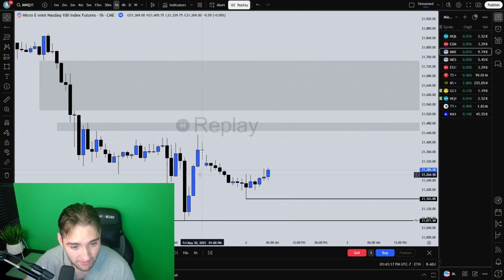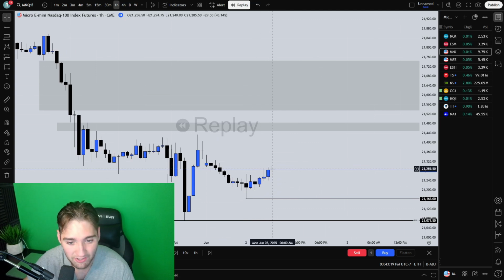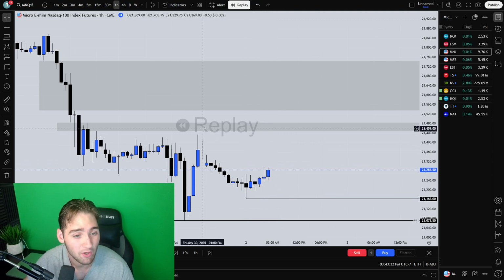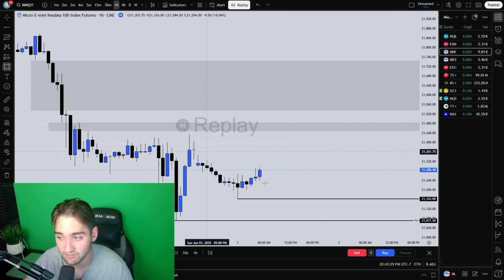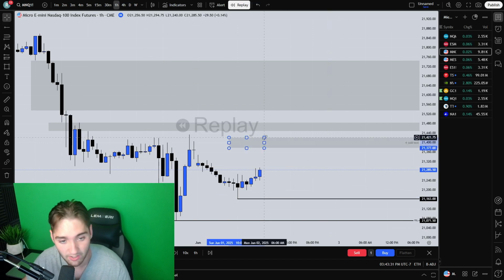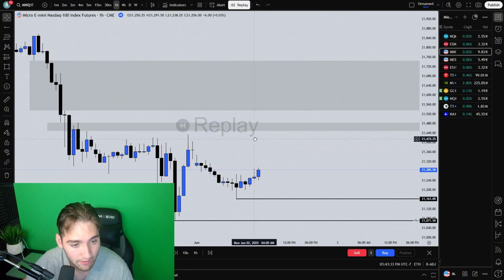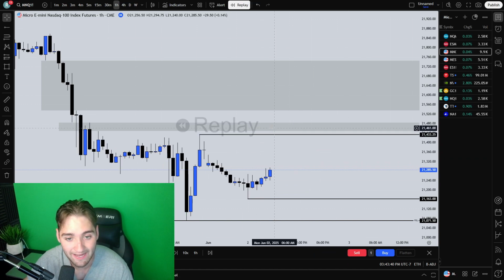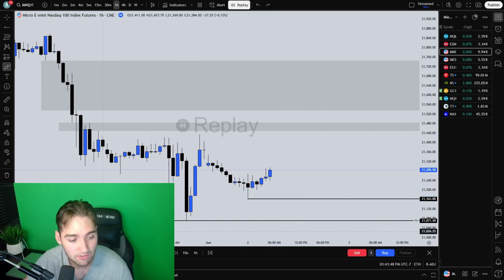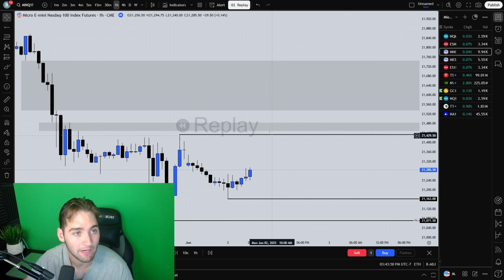So we're actually respecting this 1-hour fair value gap. I don't think price should come down here first. I think price should go ahead and retrace to these fair value gaps because price reacts to inefficiencies, right? Basically our imbalances after reaching liquidity, right? So I want to see price come up, maybe take out this hourly high, and be in this fair value gap. Then we could possibly see a reversal. So basically what I was looking for is this. Boom, back down, right? So we got that marked out in the 1-hour time frame.